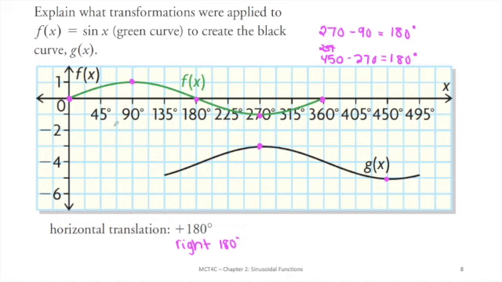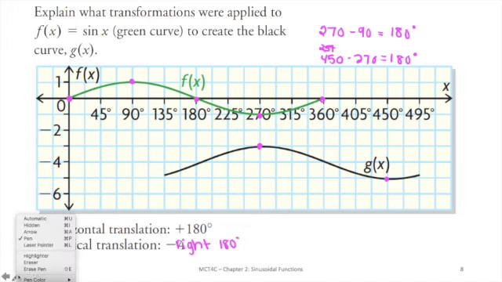Okay, then again, let's take our max point. We have moved over 180 degrees, and we're moving it down 1, 2, 3, 4 units. Okay, let's see if that's the same for our minimum. We're moving it over to 450, 180 degrees, and down 1, 2, 3, 4. So you know that you have a vertical translation,